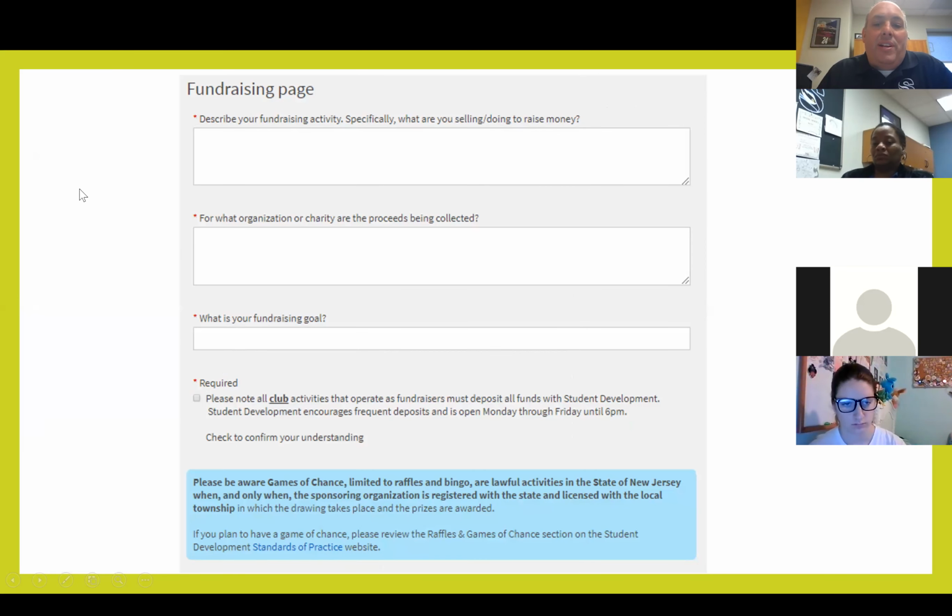Notice down here, the fundraising page, we have this note: please be aware that games of chance, raffles, bingos, all of those things require different paperwork, because in the state of New Jersey, we have gaming laws. So please check our website, learn about the gaming laws. Just know that